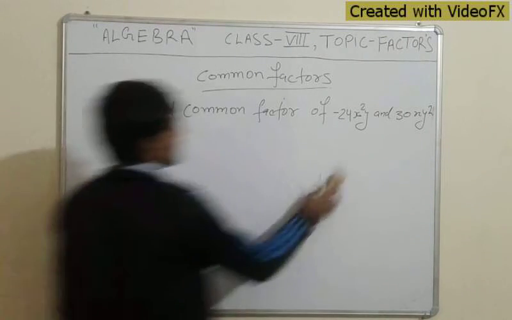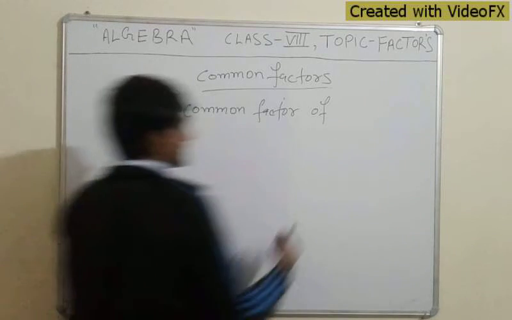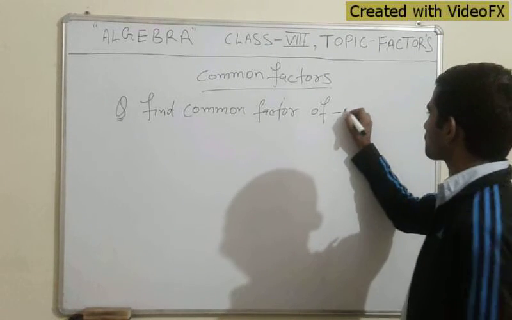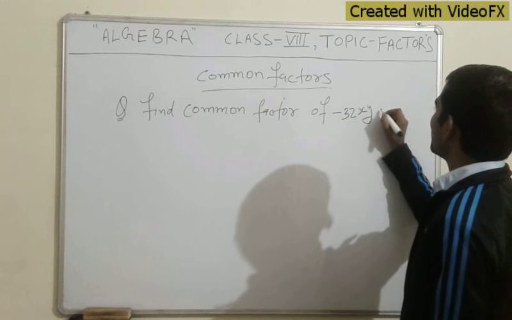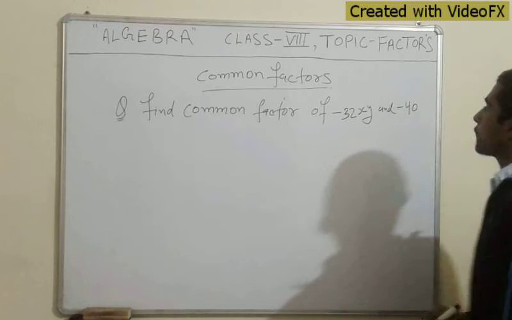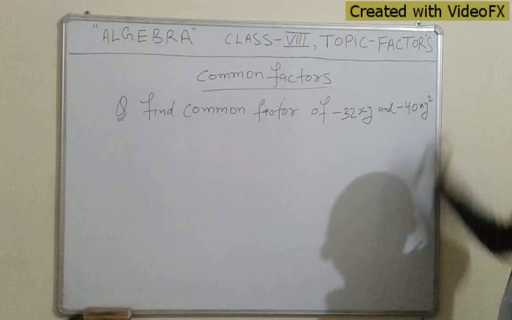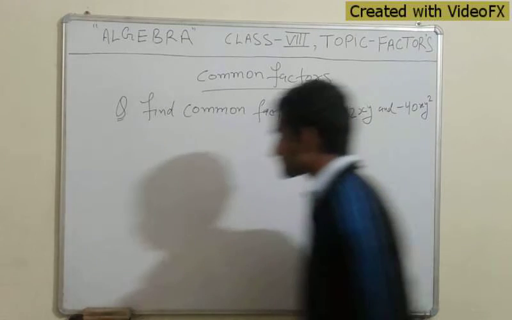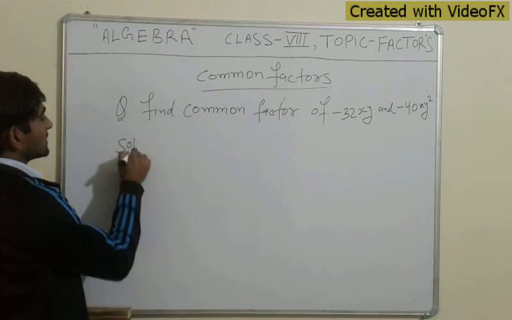Let's take the last example of common factor. This is minus 32xy and minus 40xy square. So in the solution,